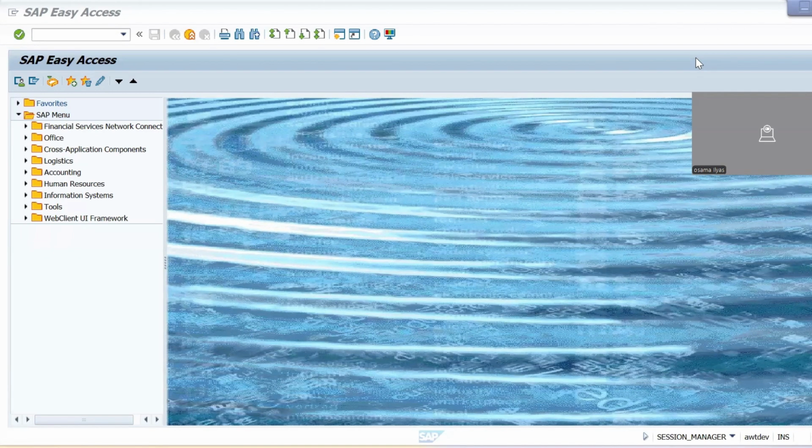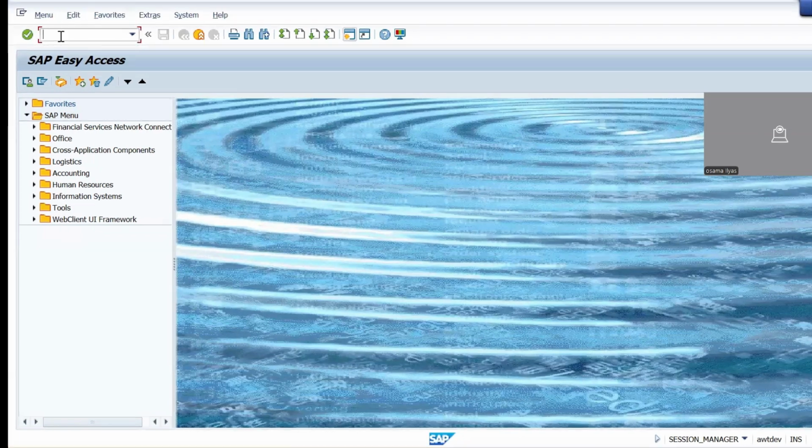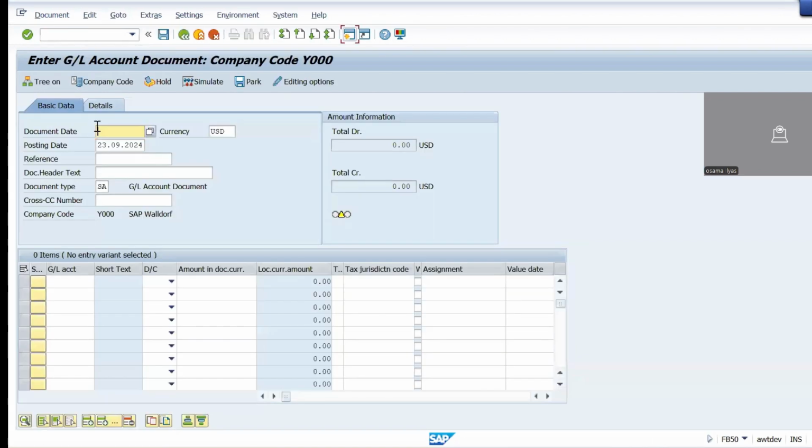So we can take the report from KE24. So let's start the process. Go to FB50, document date, direct posting to COPA,